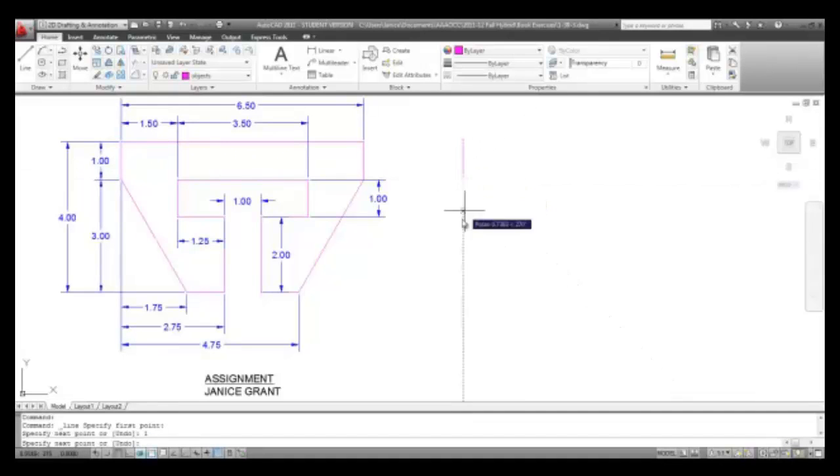And then at this point, you can use the coordinates, typing in the @ symbol, which is Shift 2, thinking about the X direction first, because it's always X comma Y. We would be from this point coming over 1.75, so type in @1.75, comma, and then we're coming down here 3, so we type in -3, enter,